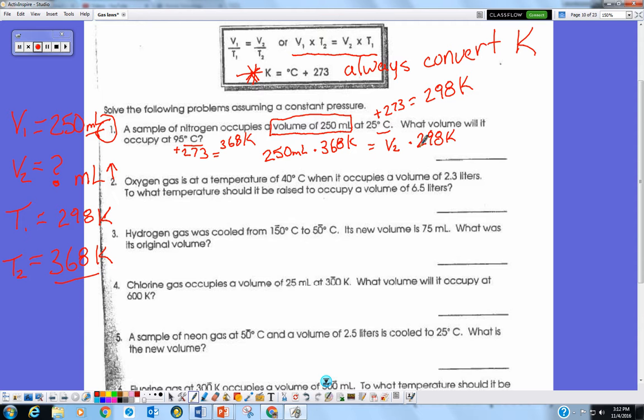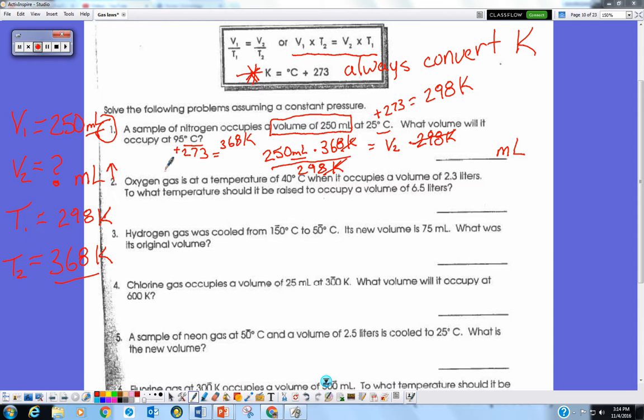The reason why I like this setup a little bit better is it's just a little easier to manipulate. So if I divide both sides by 298, that cancels there. That gives me 298. And just looking at unit cancellation, Kelvin divided by Kelvin cancels, leaving us with milliliters in our answer. Now let's go ahead and solve. When we solve this, we see that we get a number like